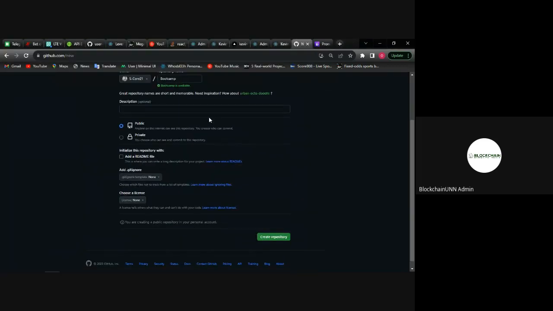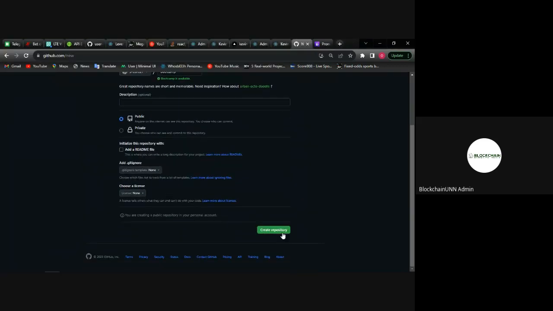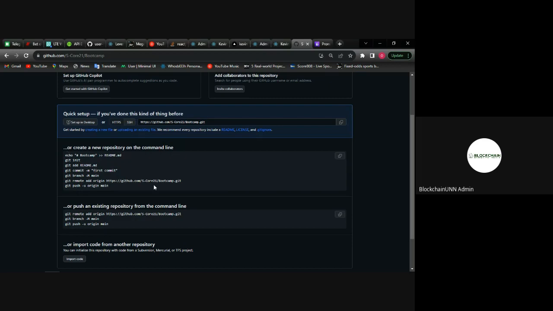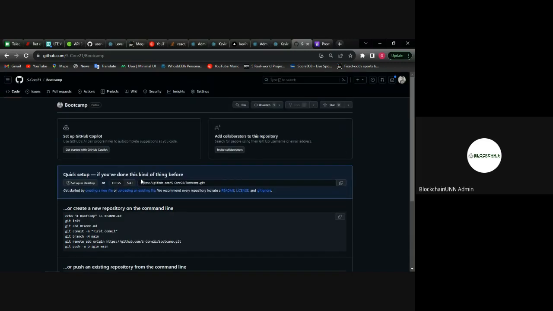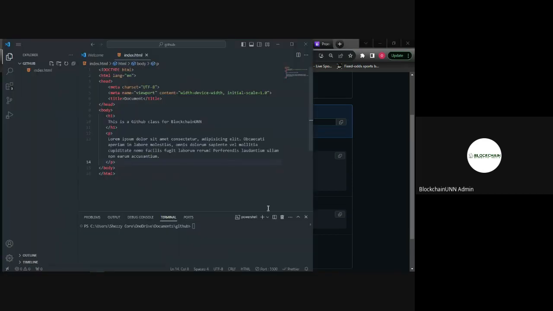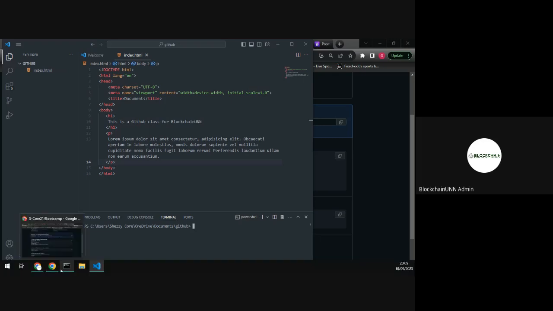So once I check all this and I'm okay with it, what I'll do is create repository. Right? So I've clicked on create repository. Now I can see the various Git commands to follow so that I can upload my website to this particular repository that I just created. So basically now I can decide two things. I can decide to perform all those commands right here in my terminal, or I might decide to do it